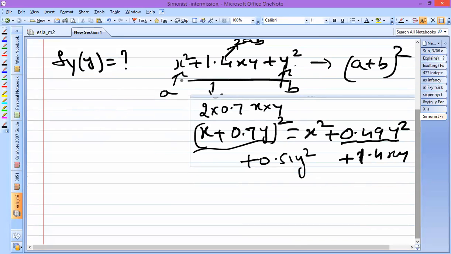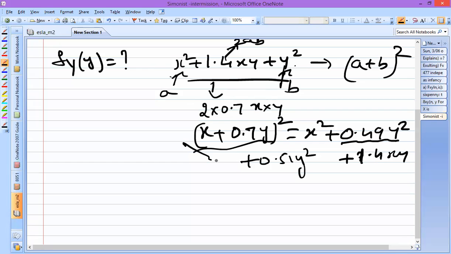So here we are going to write this x square plus 1.4 xy plus y square as x plus 0.7 y whole square, and in order to get the whole 1 y square, along with this term we are going to include 0.51 y square. So we will be writing this entire expression x square plus 1.4 xy plus y square as x plus 0.7 y whole square, in the form of a plus b whole square, plus 0.51 y square. So now let us consider the calculation of the marginal PDF values for the random variables y and x.